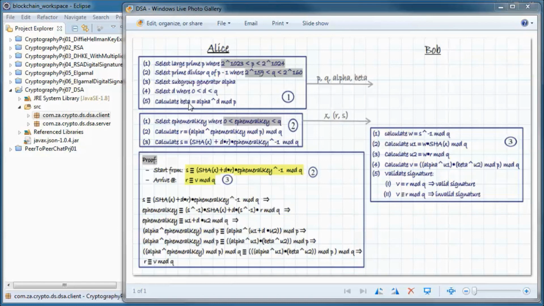And we have that beta is congruent to alpha to the power of D in mod P. So we use that here.